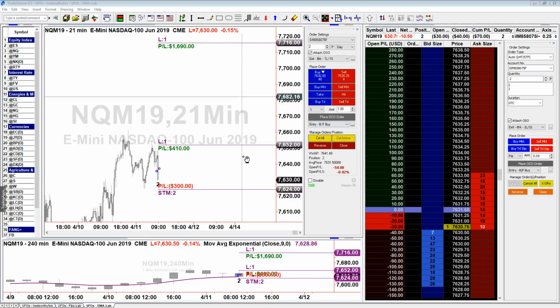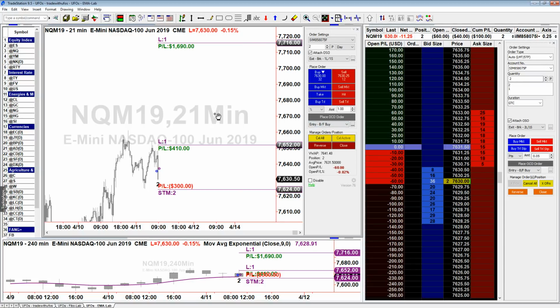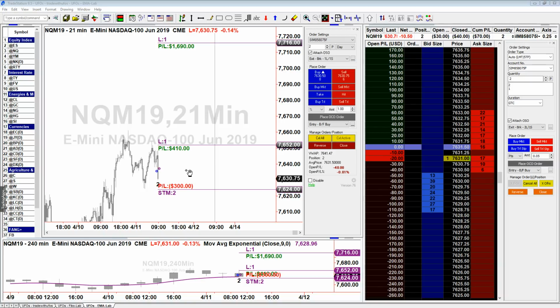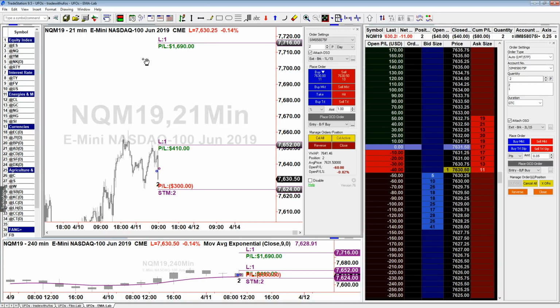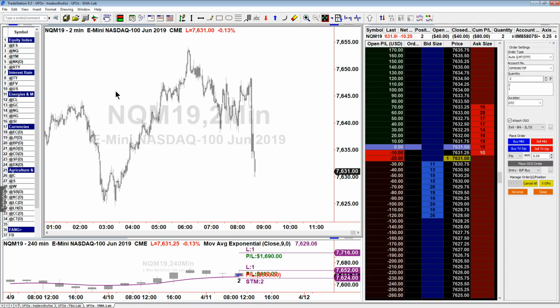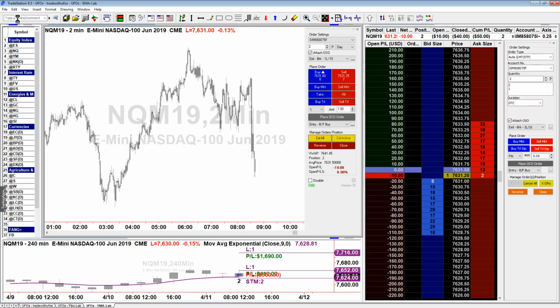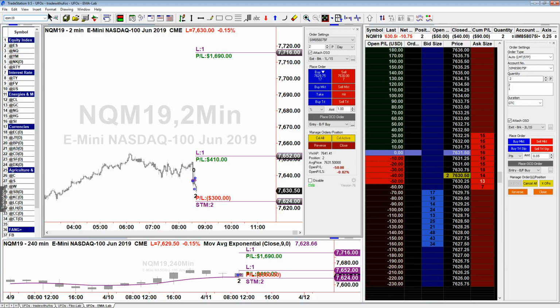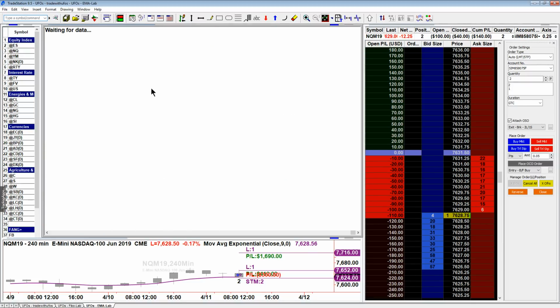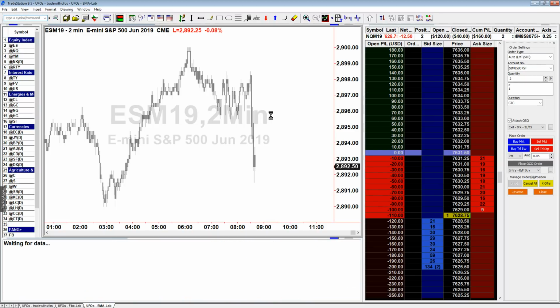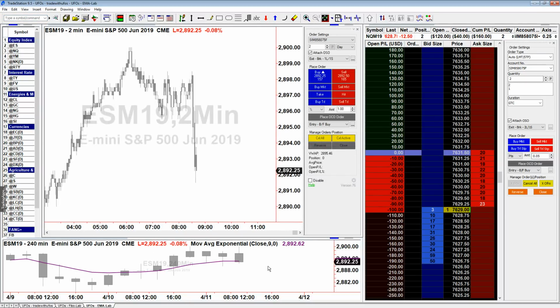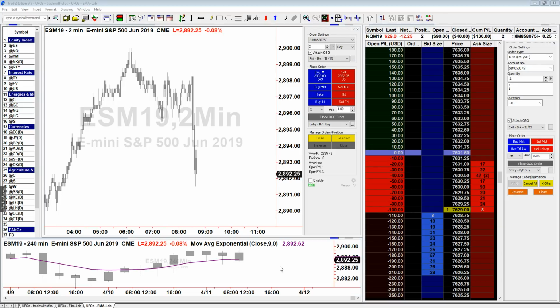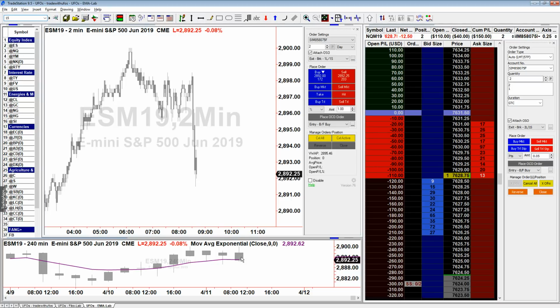So we have the trade running here. Let the trade be, okay? And now we're gonna be looking at other markets. So again, back to the lower time frames. I'm gonna move to the 2-minute time frame. I'm gonna switch to S&P, ESM19, because even though we are long in the higher time frame for the NASDAQ, it may be. Let me load the 15-minute time frame below. So again, we have the 2-minute time frame above, the 15-minute time frame below for the S&P.